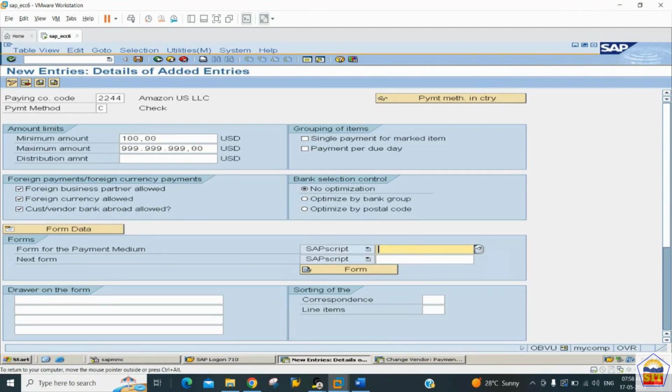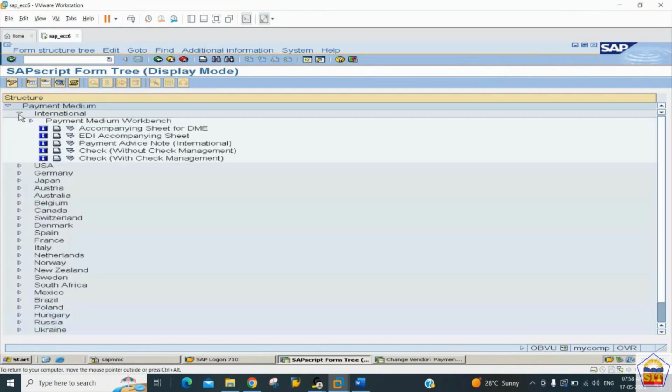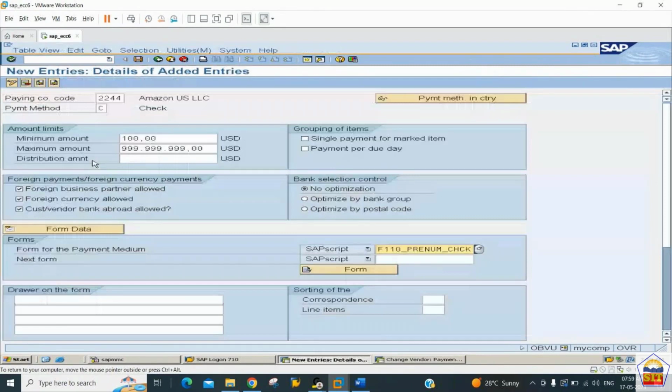So for the check, we need to assign the form here. Again, the same thing: press the F4 key, go to the international. This time we need to double click on the check with the check management. Last option, we can tick it here, select here, and whatever the checks which system is going to generate on